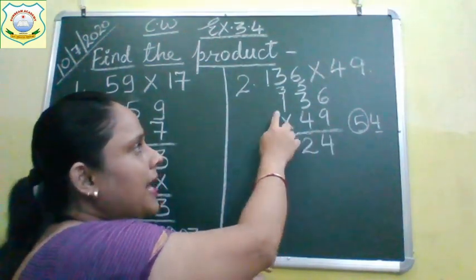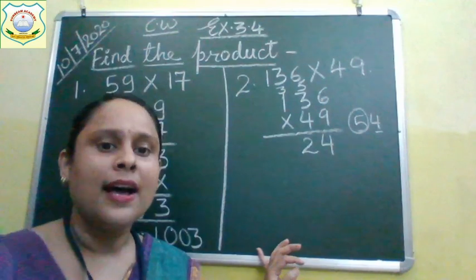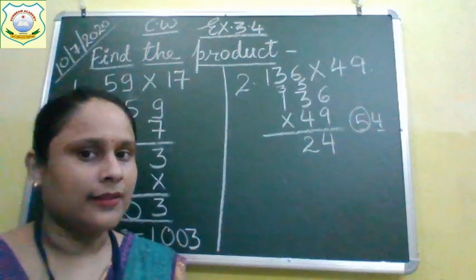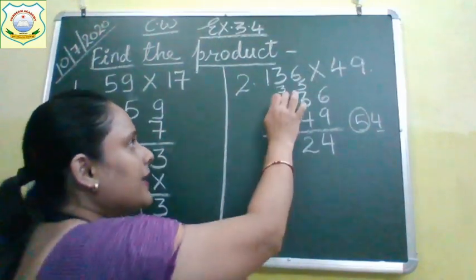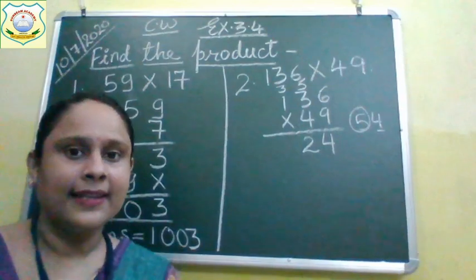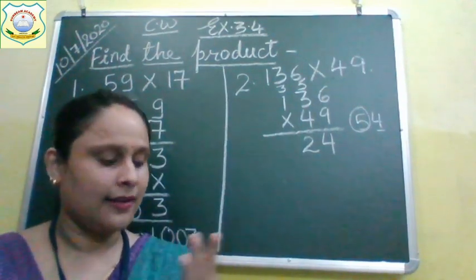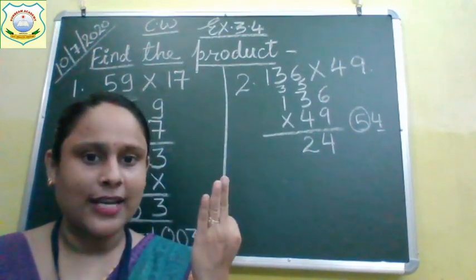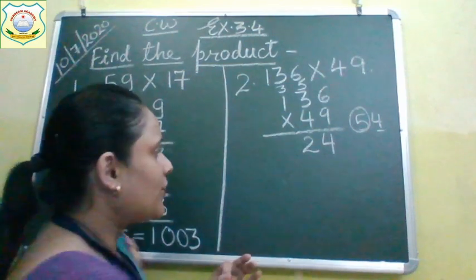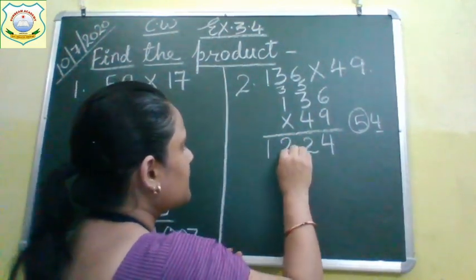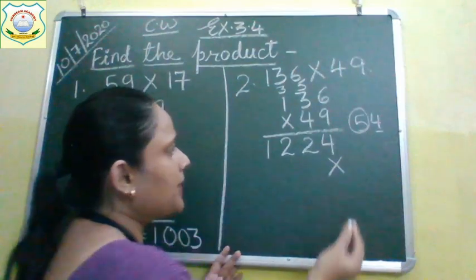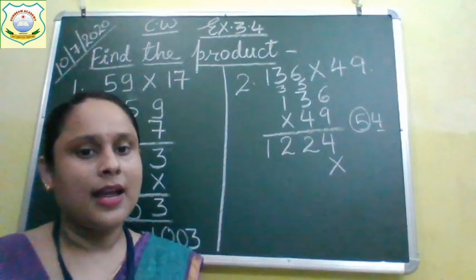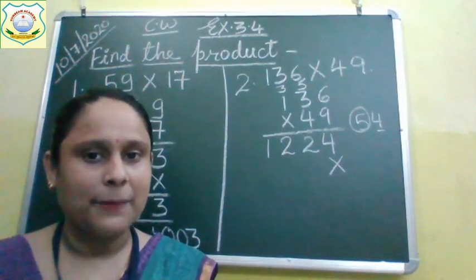Now we will multiply this 9 to the number written in the hundreds place. Which number is written in the hundreds place? 1. So 9 ones are 9 and how much is the carry? 3. 10. Count 10, 11, 12. We have added 3 to 9. It's 12. So write down 12 everyone. Now put a cross because now the work of 9 is over. Now we will come to our next number. Which is the next number?